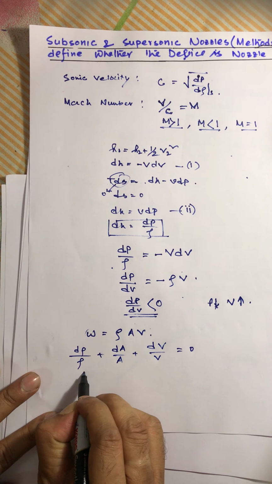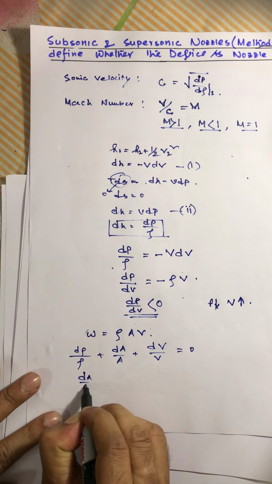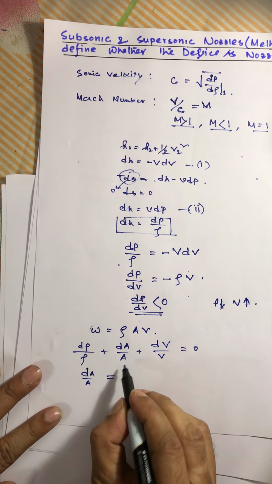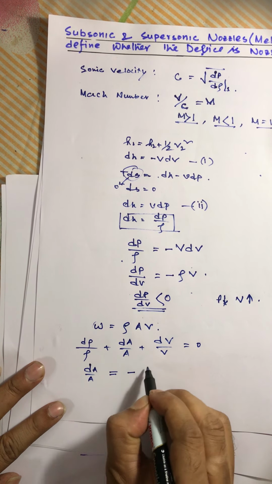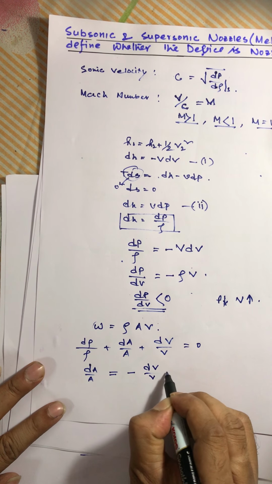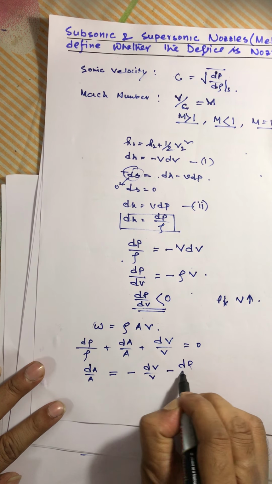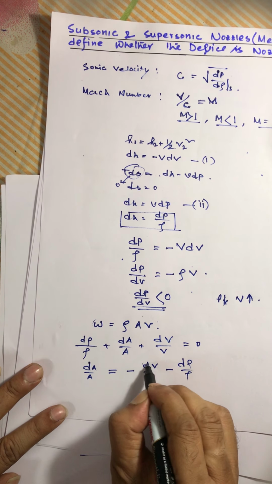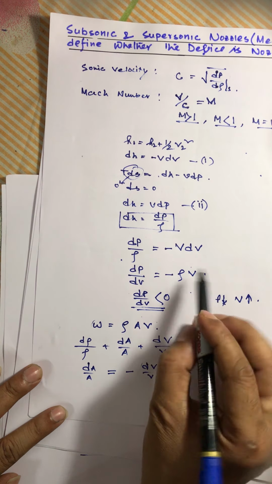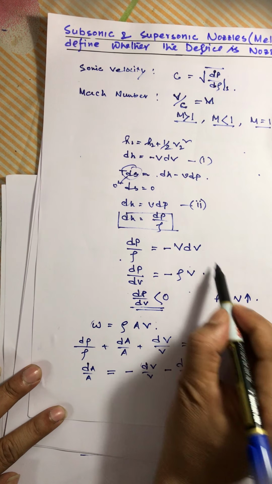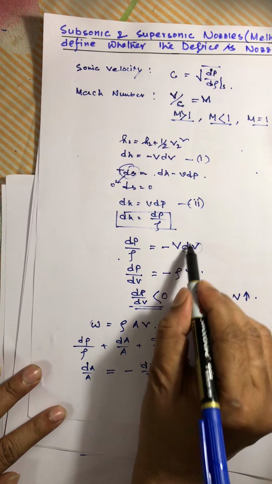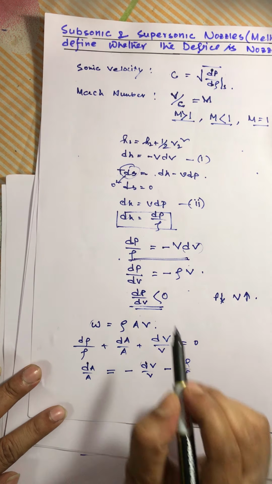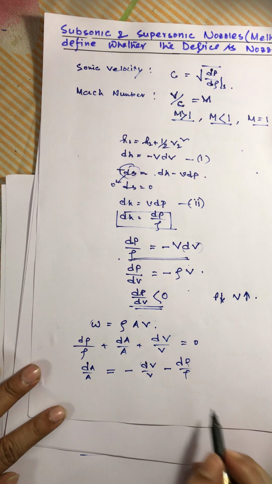Now, dA by A is equal to minus dV by V minus d rho by rho. Now, if you put the dV value from this equation,